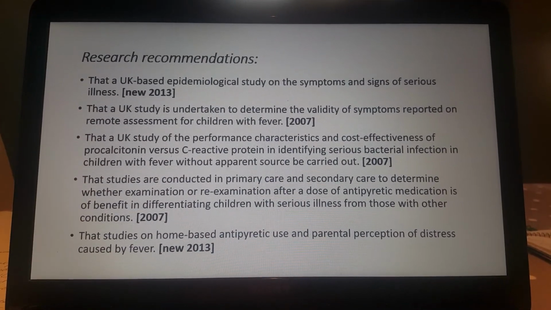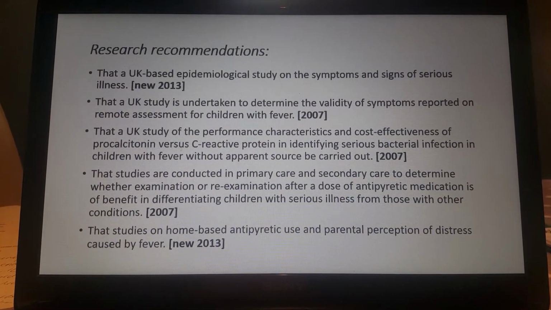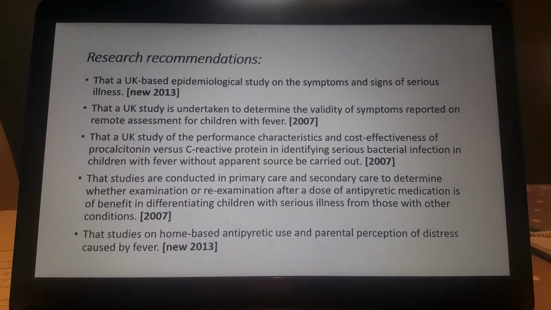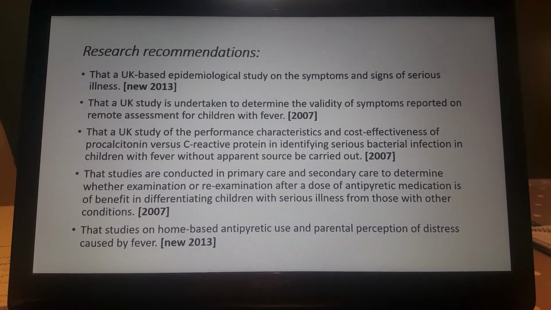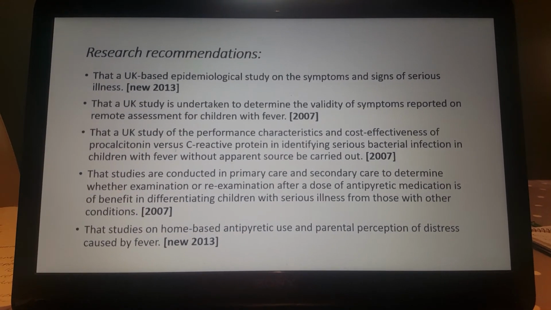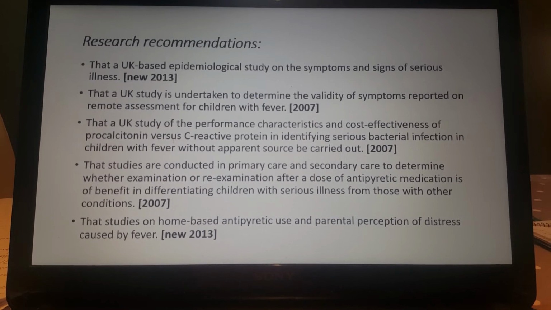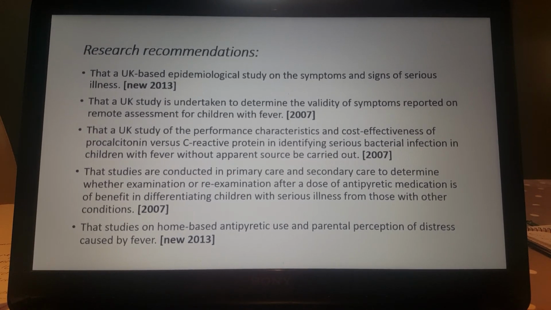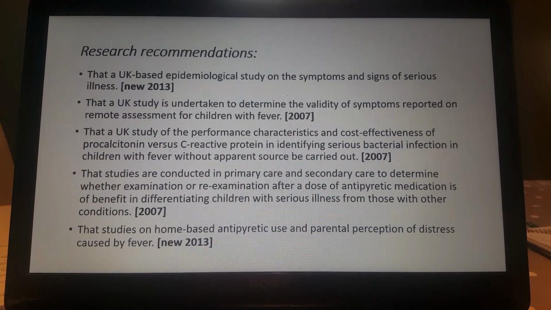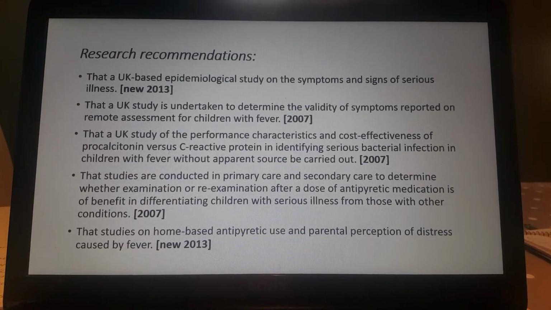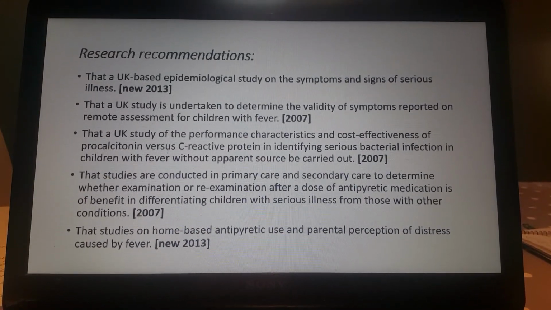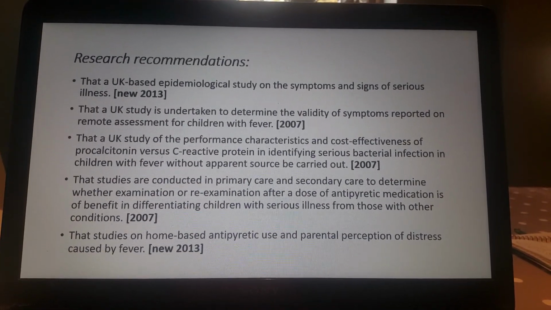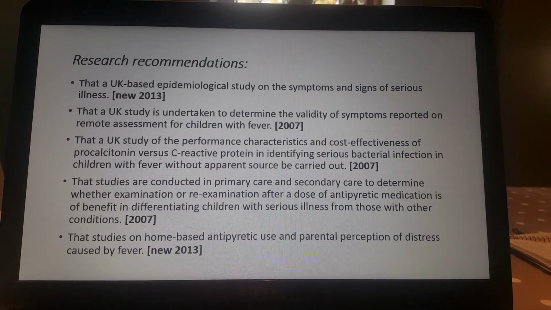And then at the end of their 310-page guideline, they come up with a number of research recommendations, of which there are 5 main ones, which will hopefully help in the development and the updating of the guideline in the future. That a UK-based epidemiological study on the signs and symptoms of serious illness is undertaken, that we do a study looking at the validity of symptoms reported on remote assessment for children with fever. We do a study looking at the performance characteristics and cost effectiveness of procalcitonin versus CRP. Looking at studies on antipyretic medication in primary and secondary care to determine whether examination or re-examination is of